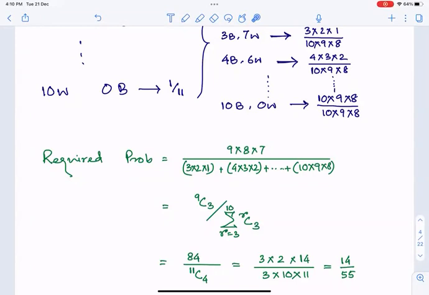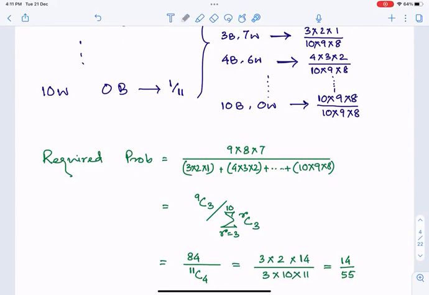So there are 2 processes through which you can decide. Either you can consider it as the sum of the coefficients of x cube from (1 plus x) whole cube plus (1 plus x) to the power 4 plus (1 plus x) to the power 5 up to (1 plus x) to the power 10. Or otherwise you can simply add 2C3 to that and subtract it also. So 2C3 is theoretically 0. So it will be 11C4 minus 2C3. It's using the idea that NC(R minus 1) plus NCR gives you (N plus 1)CR.